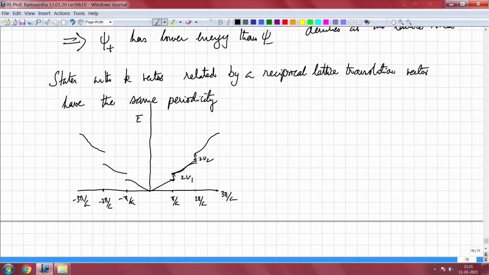Now, what we can do is take every one of the states, for example states in this band, and subtract 2 pi by a so that it comes here, and for this one I can add 2 pi by a so that it goes there. So, I will have the following picture. Same thing I do here, except that for these states I add 4 pi by a, and for these states I subtract 4 pi by a, so that I will get the following states.